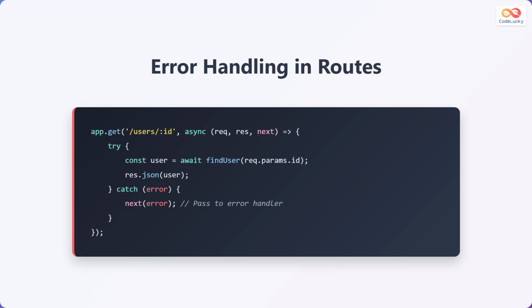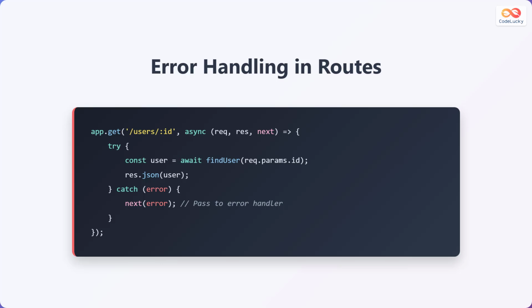You should always handle errors gracefully in your route handlers to prevent your application from crashing. app.get('/users/:id', async (req, res, next) => { Inside the handler: try { const user = await findUser(req.params.id); res.json(user); } catch (error) { next(error); }